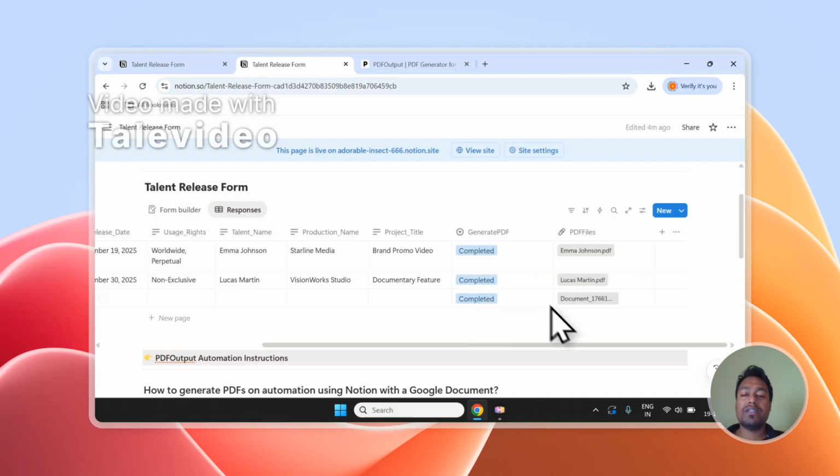And before we wrap up, as you can see, it has started processing this document and soon it will be converted to PDF. As you can see, it has created the PDF right inside the database over here. This is what